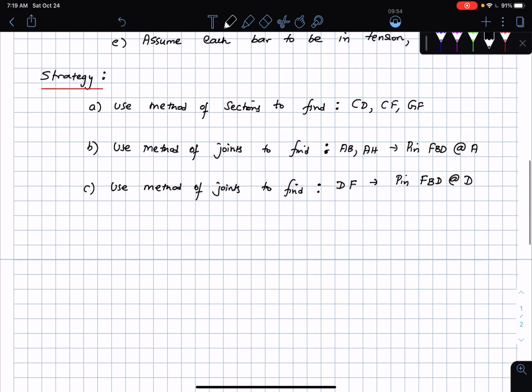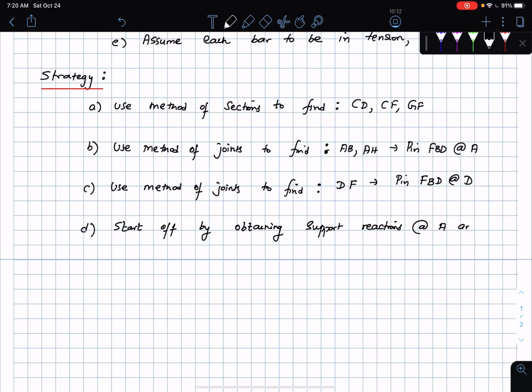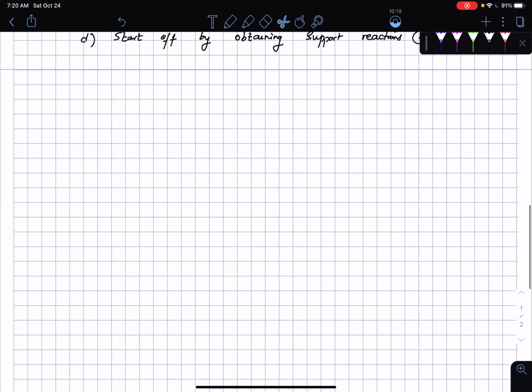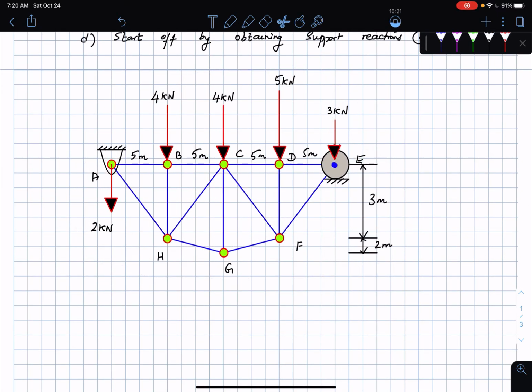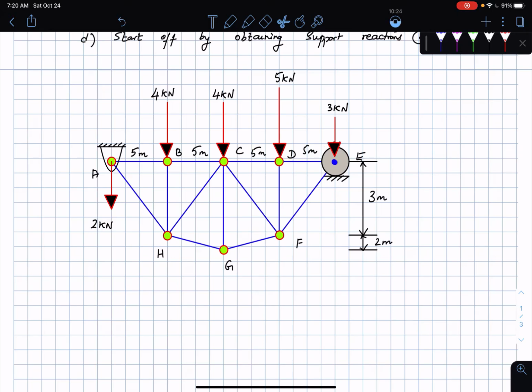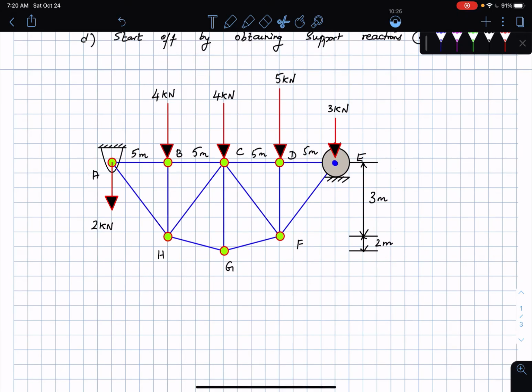Let me start off by finding the support reactions. Okay, let me also write that out. Okay, so start off by obtaining the support reactions at A and E. Okay, all right. So I think I already have my figure copied. I'm going to bring it down. Beautiful. Okay, so when I'm drawing the free body diagram, the thing that you know is I'm not going to